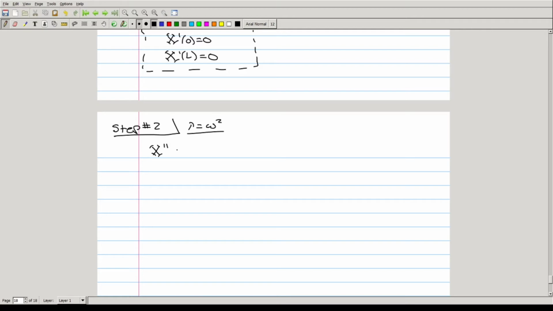The differential equation for x then is just going to be x prime prime plus omega squared times x is equal to 0,